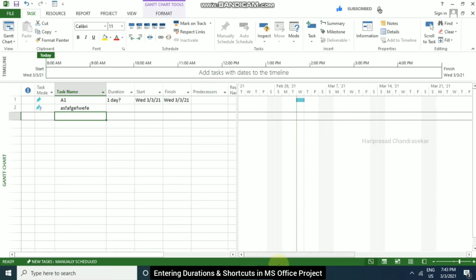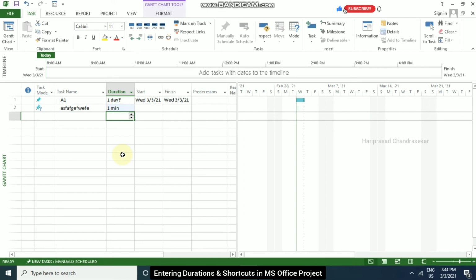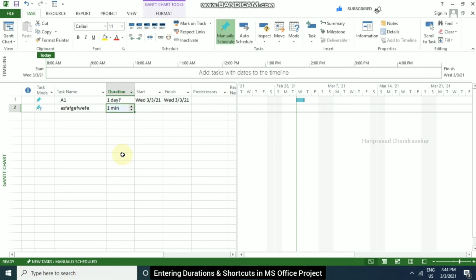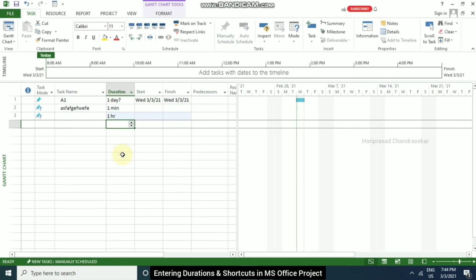Also important, we have duration here. For example, I am putting 1M and then enter. It will take 1 minute. So M is for minute. Again, I put 1H, it will take 1 hour, and it displays as HR.